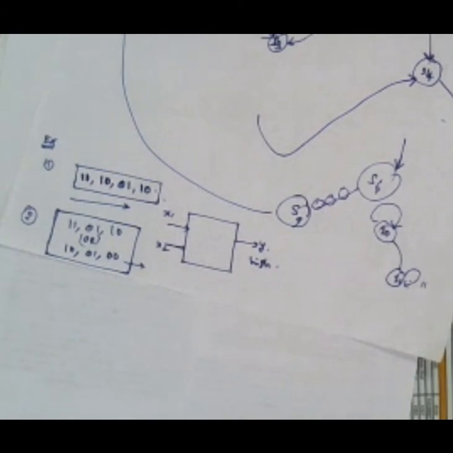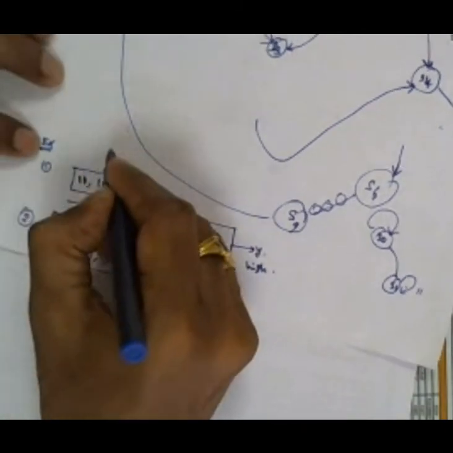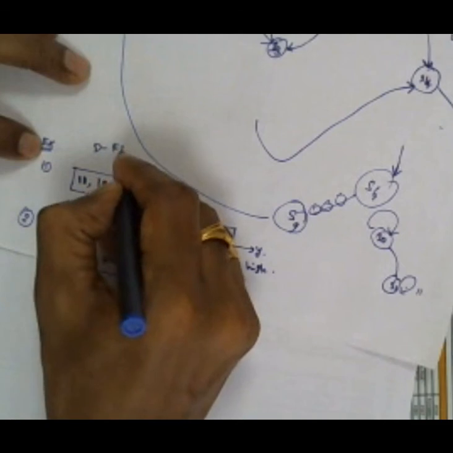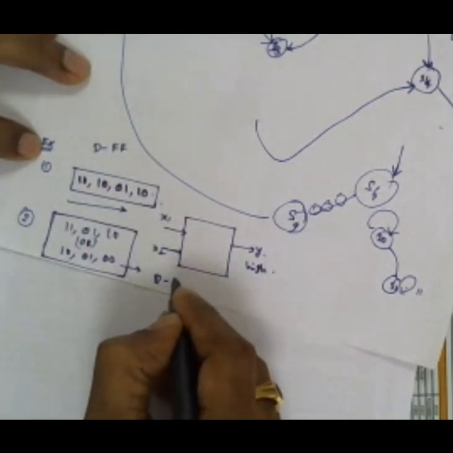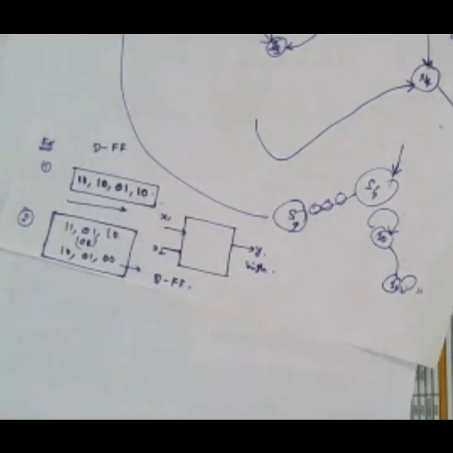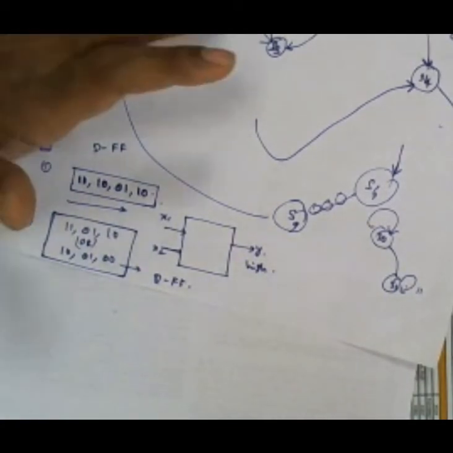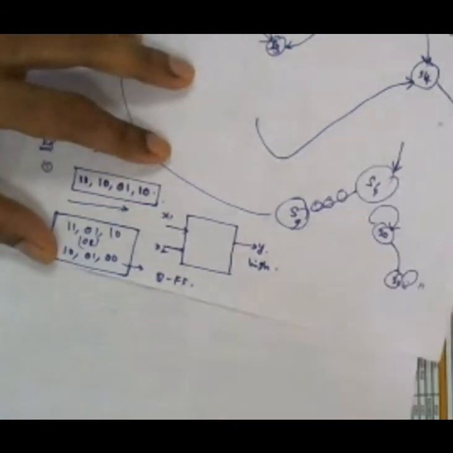What is the question? Draw the state diagram for these two and then make the circuit also for these two, till circuit implementation using D flip-flop for both cases. After coming here, you can implement all those things in your FPGA and enjoy seeing your own output on the board.